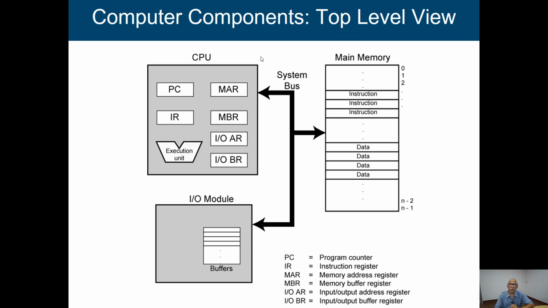And these are the components that we have discussed already. So this is the processor, the CPU, the main component, and this is the main memory, and this processor and main memory are connected through this particular system bus. And already we have mentioned that the system bus has three components: data bus, address bus and control bus.